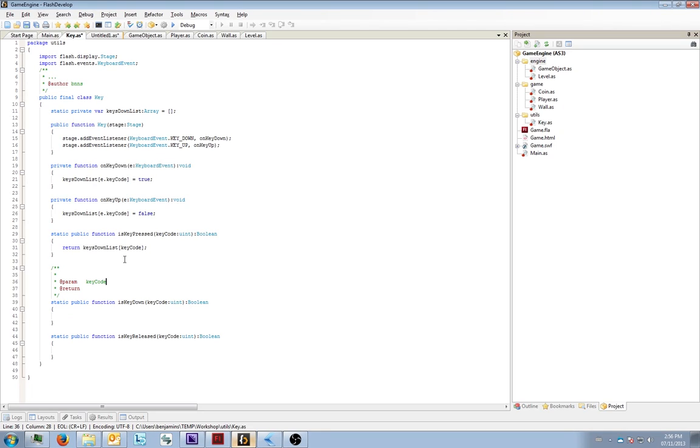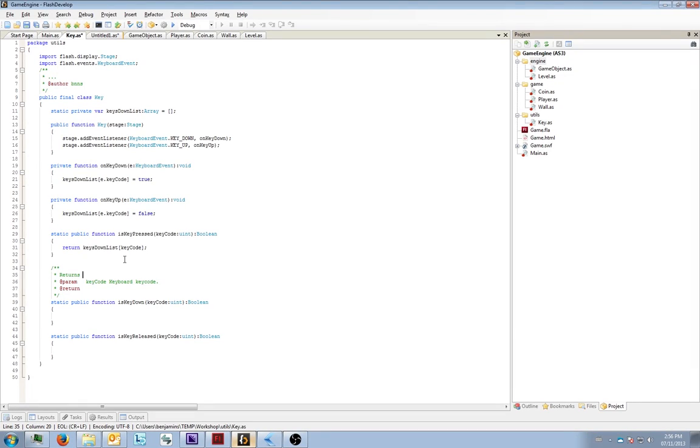So key code, we can define it as the keyboard key code, and for a description we could say